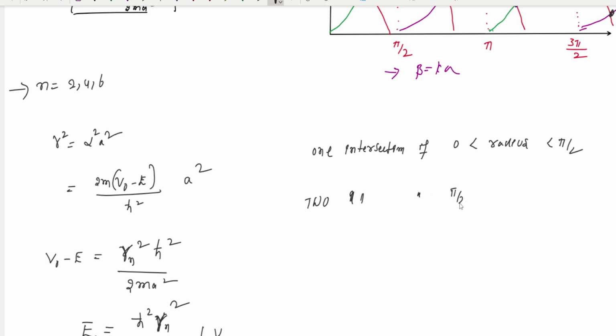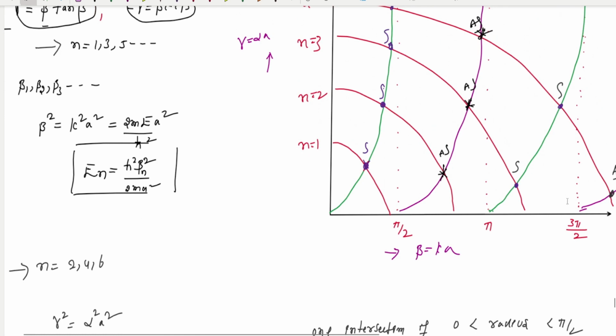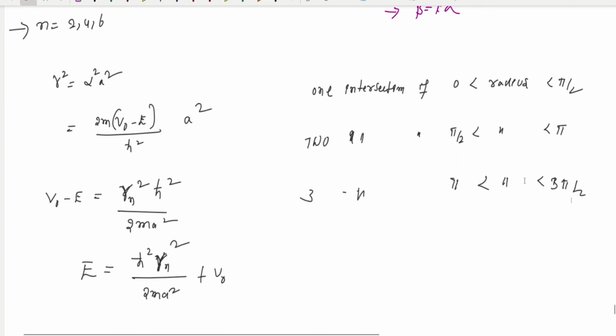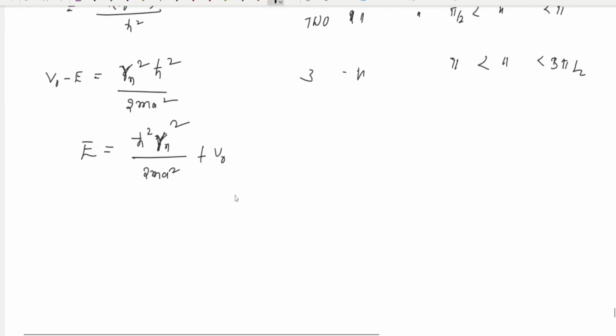So for radius between pi divided by 2 and pi, two intersections. Three intersections are there for radius between pi and 3 pi divided by 2. See here, this is 3 pi divided by 2. In between pi and 3 pi divided by 2, a symmetric function is there, an anti-symmetric function is there, and a symmetric function. So therefore,